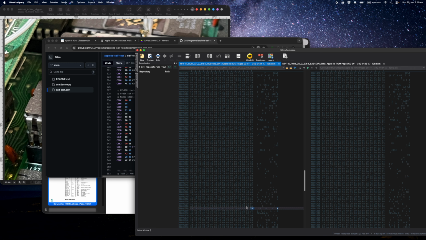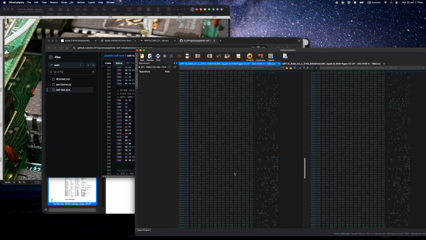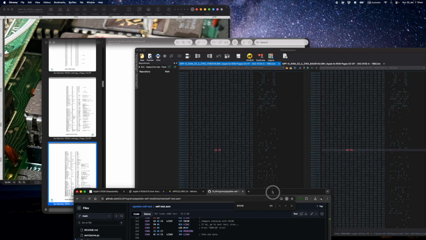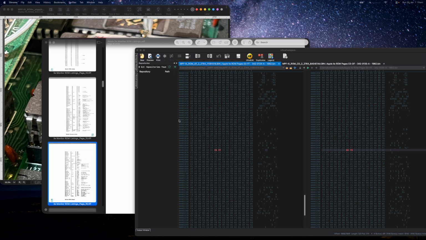It's supposed to be calculating the checksum of the ROM, and it's supposed to come up to value 78. So in that case, what I've done is I've got another Python script